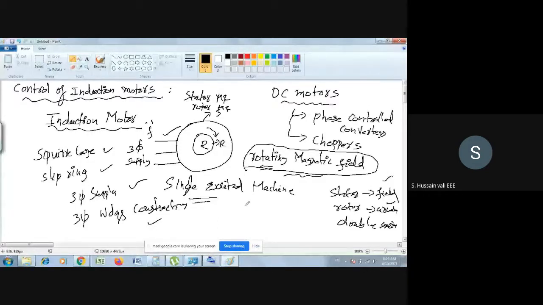So 120 F by P, where F is the supply frequency and P is the number of poles. Based upon that, you will have some speed, and this is the speed of the rotating magnetic field. We call this speed the synchronous speed. With this speed, the magnetic field will rotate in the air gap, and that magnetic field will link to the rotor. Then, as per Faraday's law, EMF will be induced in the rotor